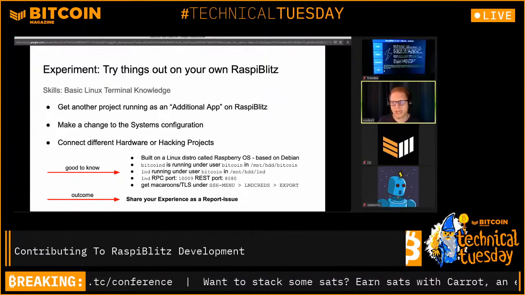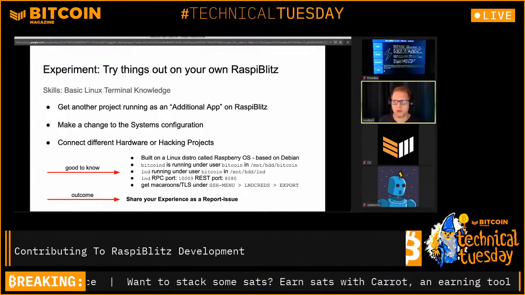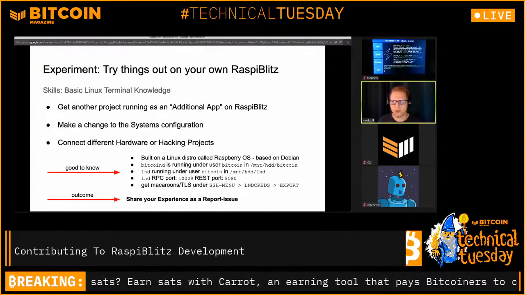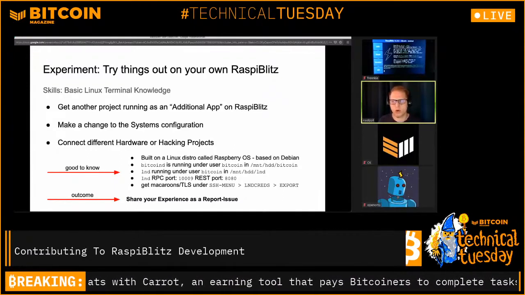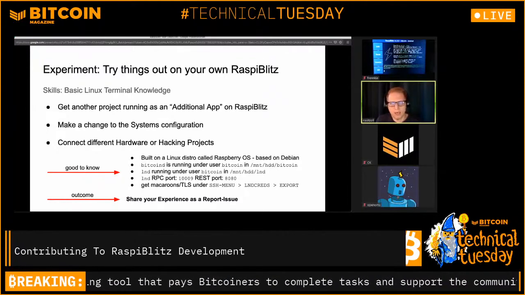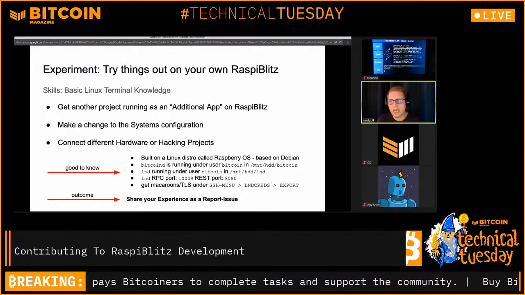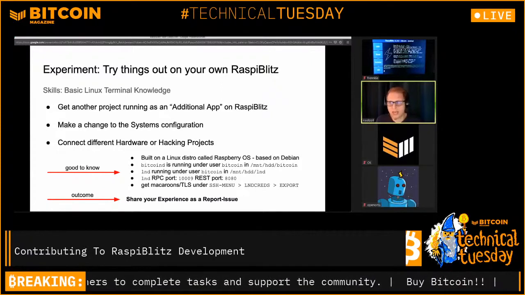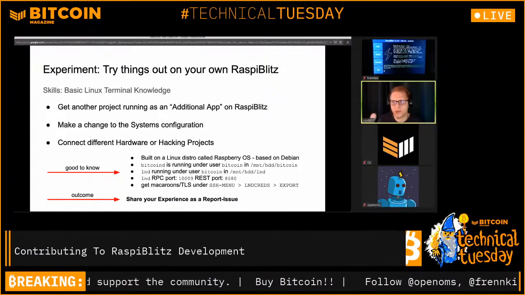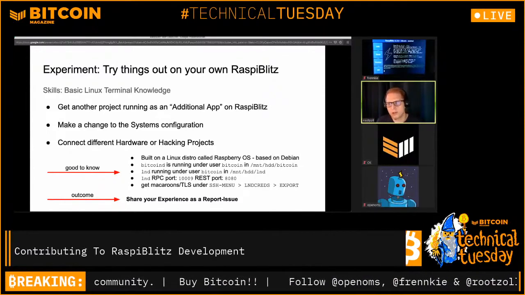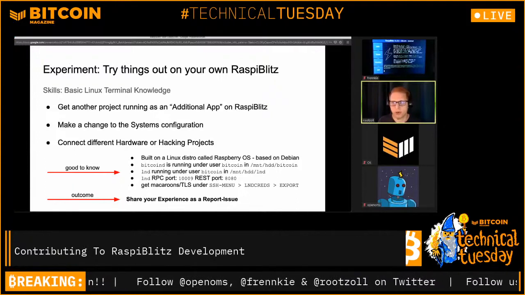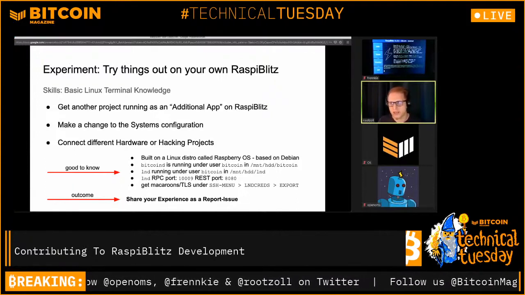So you have this RaspiBlitz there. You can log in per SSH. And then if you exit to terminal, you have a console there and you can do whatever you can normally do with a Linux system. And you can say, oh, I like this other project, for example. You can try to get another app running. What you just do is follow the tutorial on this other project, how to install it on a Linux server, and you just try this maybe,